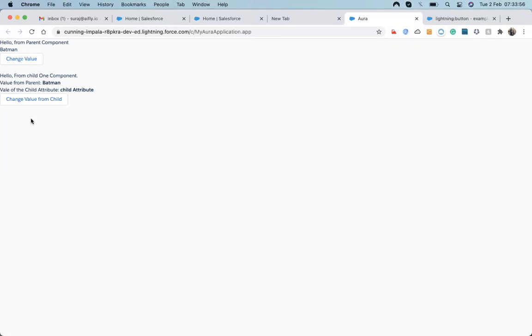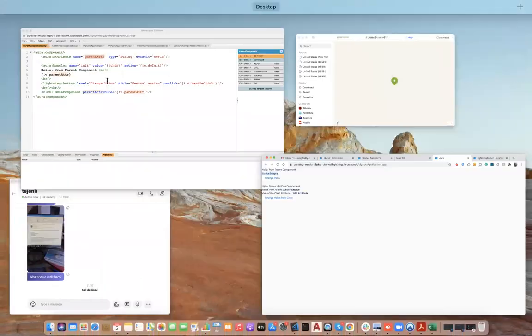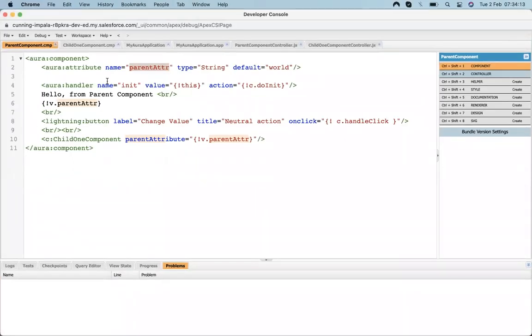We just bind a variable with that, and whenever I make changes in the child component, the parent will also get affected. We are just using the wired property of the variables. It's two-way, so if I make changes from here, it also gets reflected there.